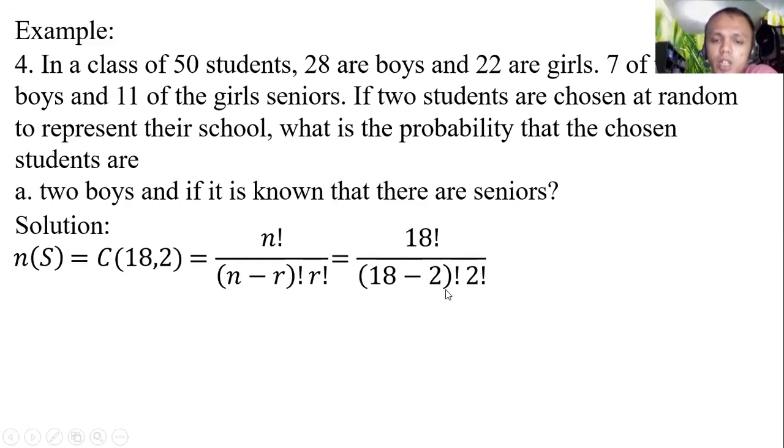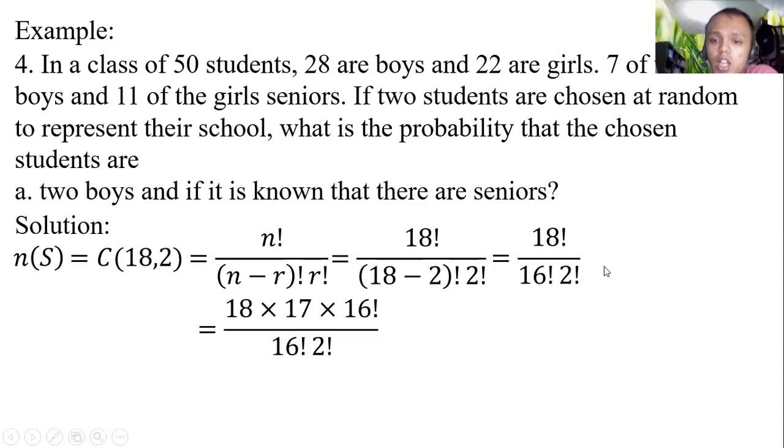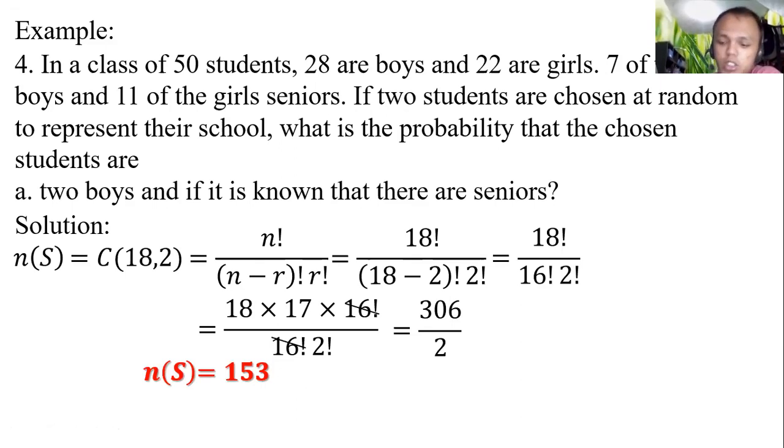18 minus 2, we have 16. Then we have 18 factorial over 16 factorial over 2 factorial. Then expand natin, cancel this out. We have 18 times 17 is equal to 306 divided by 2 is equal to 153. So that is the number of events for seniors. Now,